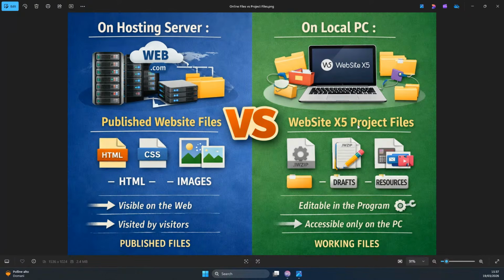Because a hosting server is not much different than your local computer, except for the way it's configured. So while your local computer allows you to check your files from your home, sitting in front of your screen, the hosting server is just a computer that has been configured so that all users can access and see the files remotely. So once you are done working with your working files in Website X5, what the software